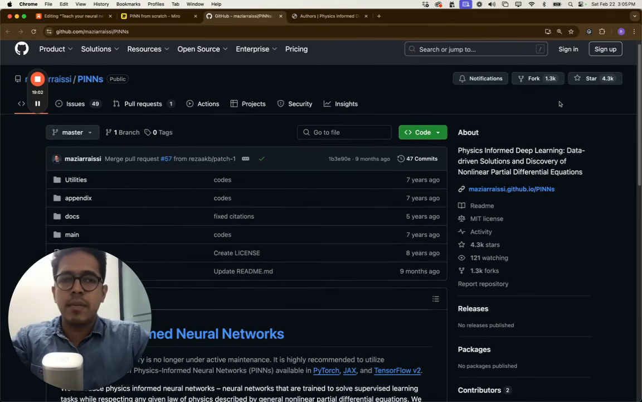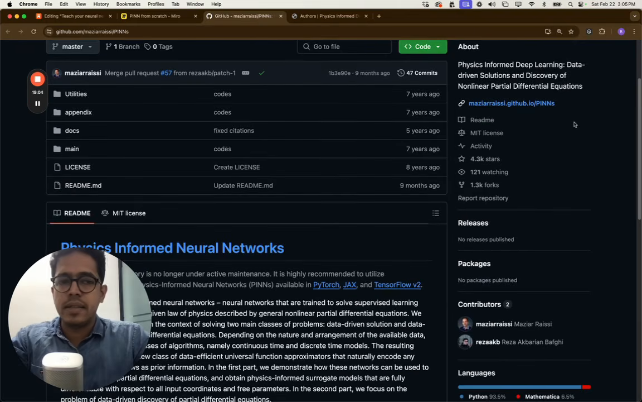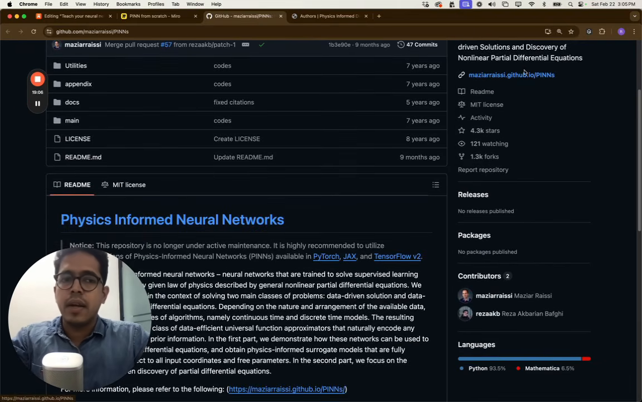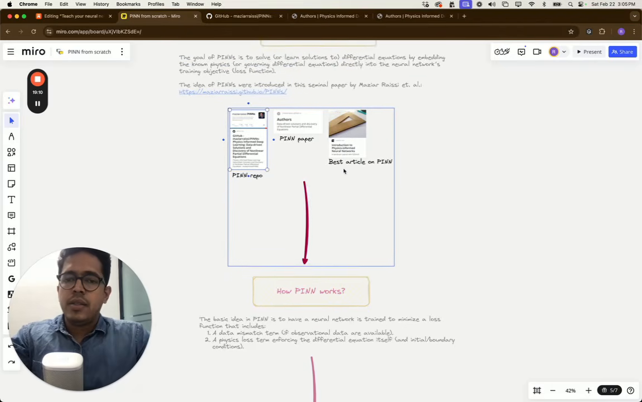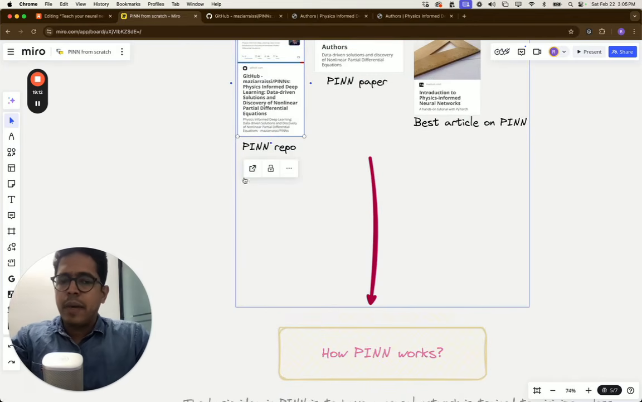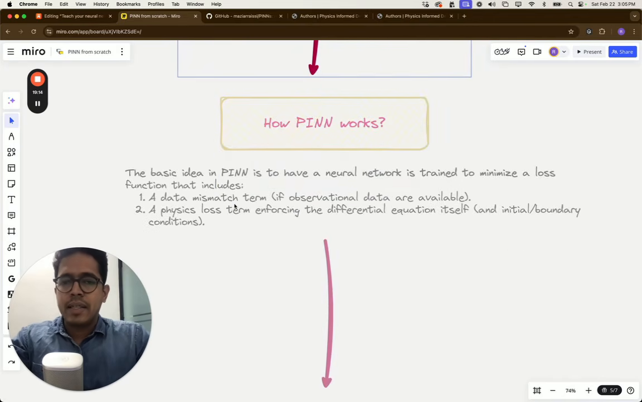So this is the GitHub repo. It has 4,300 stars, very popular GitHub repo. And the website which I showed you is already linked in the repo. So I recommend you to just go through the paper, but I will also explain you how exactly the physics-informed